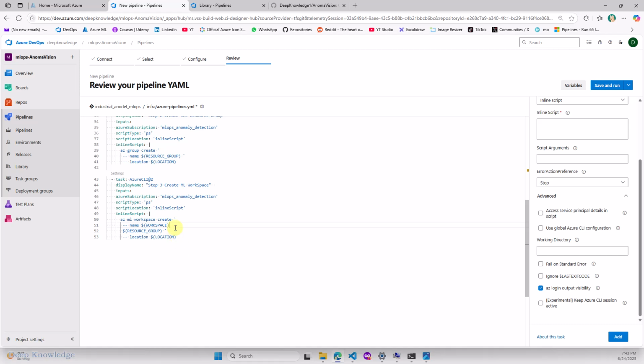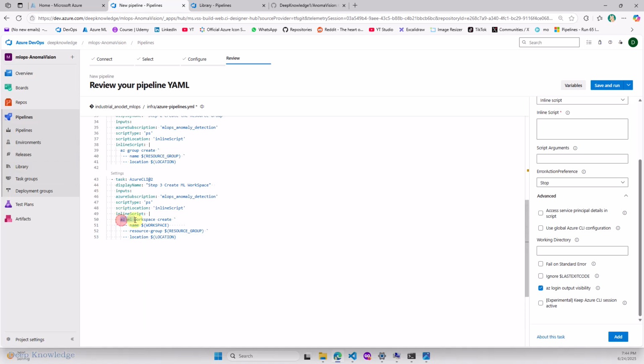So now I have to define this. In which resource group does this workspace have to be created? So you can see resource group. Now we have this. Now we also need the location. As I said last time in one video, when you create a workspace, some other components will be created. For instance, a storage account, key vault, and also app insight, and I forgot the last one. But this will be created